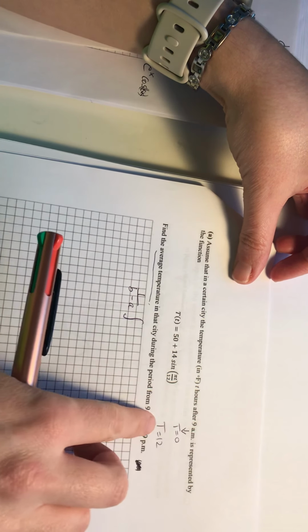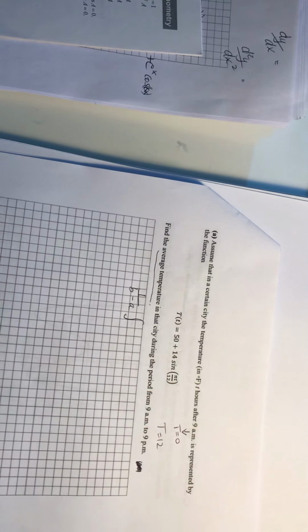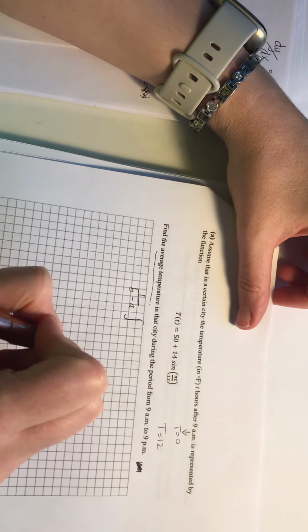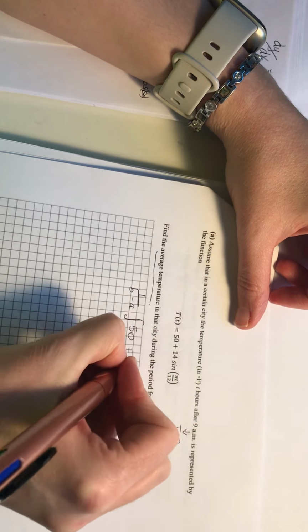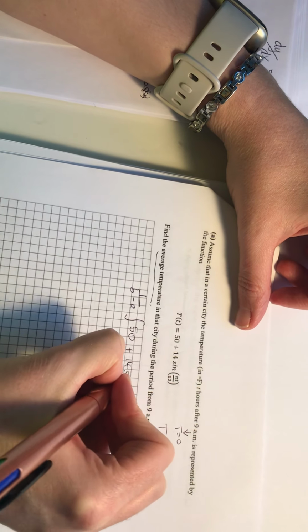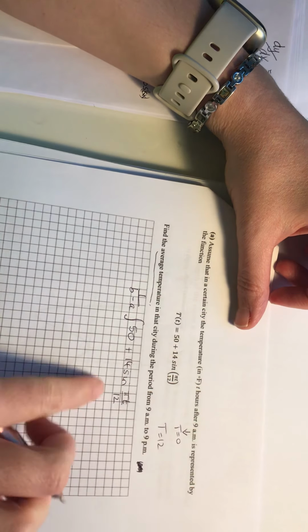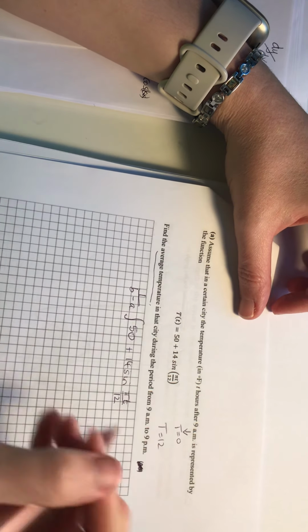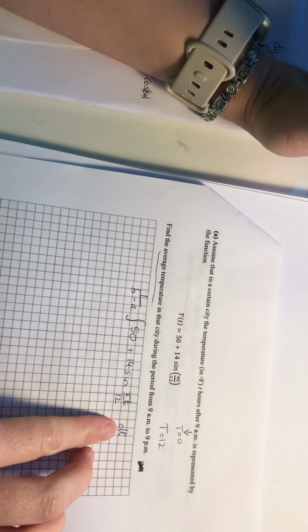For t is 0 up to t is 12. You might be able to sub in all the whole numbers, but that's not going to get you the average. Okay? So just be aware that the formula is designed to do all the hard work for you. Remember, pi over 12 is just a number. So if you're going to integrate this in terms of t, I'm just writing that there mathematically,